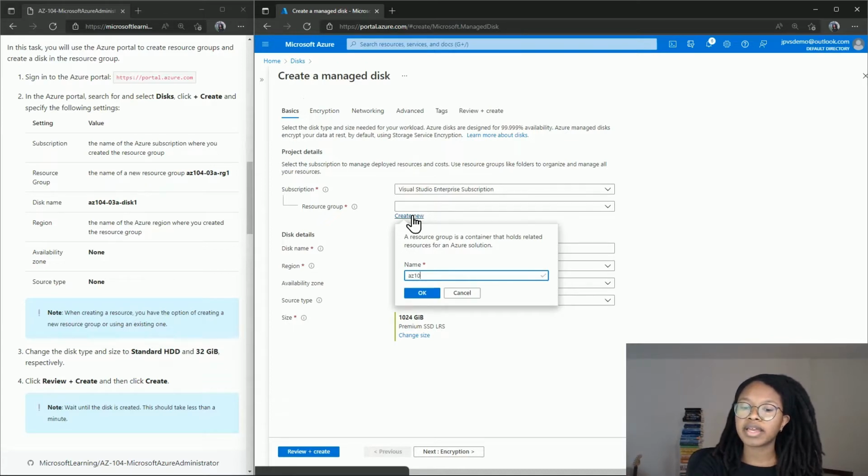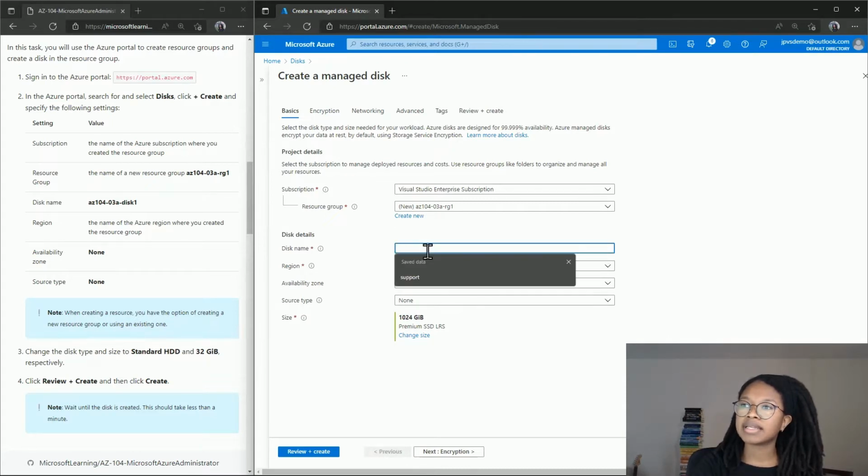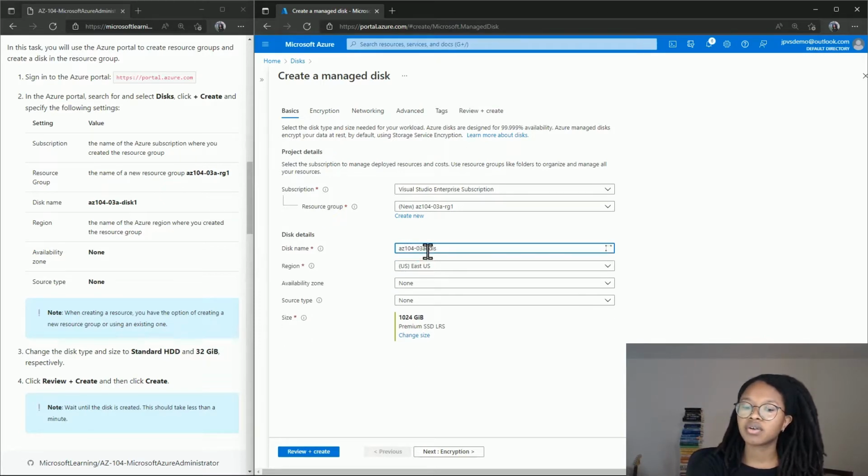I'm going to call it AZ-104-03A-RG1. Go ahead and select OK. From here, I'm also going to call my disk AZ-104-03A-disk1. I'm going to choose to deploy this within East US, and I'm not going to specify an availability zone